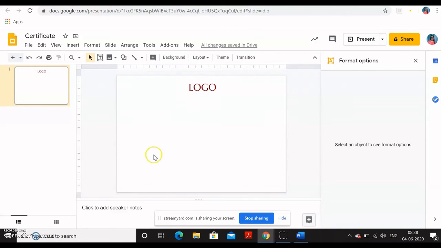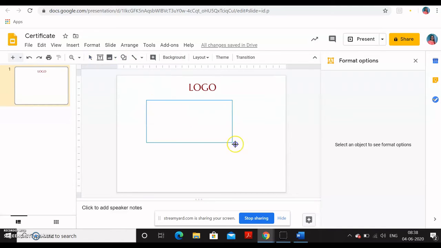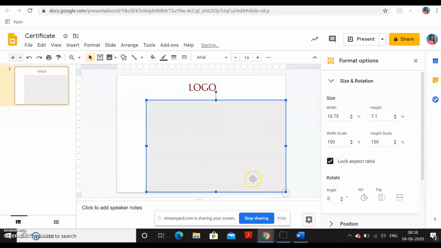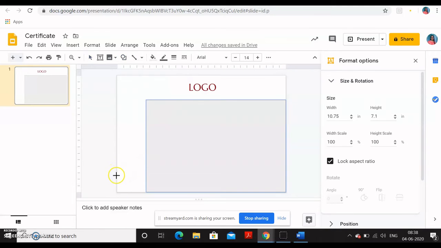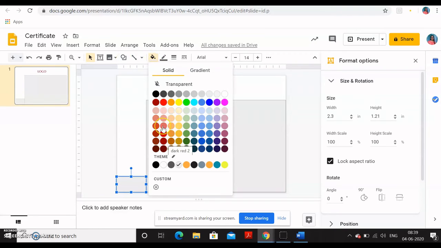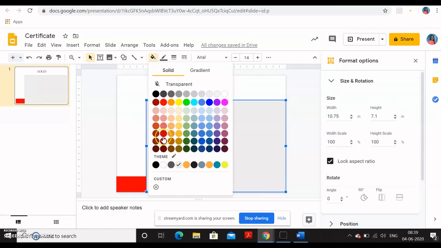Now the next thing, what content I will write. But before that, as I told you, you must have certain designs from your college. So you're supposed to use those designs. So you have different tools available here. You can take these different shapes and using these tools, you can design your certificate. So I'm just drawing it tentatively. I'm making a small design for my certificate. So like this, you can create your own certificate. You can color it also using this. So you have a fill color option. You can color this document.